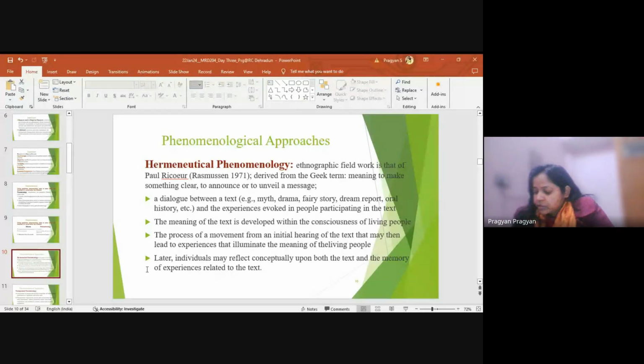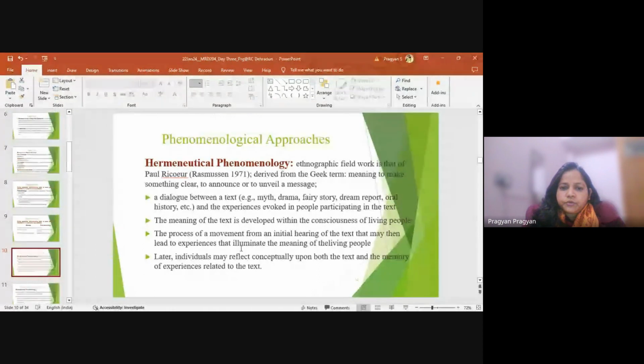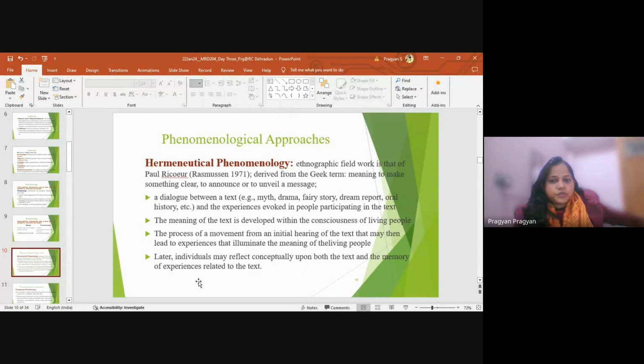So, having spoken about the phenomenological perspective at length, now we are going to the general understanding of those various types of phenomenological perspective, and the first one is hermeneutical phenomenology. Hermeneutical phenomenology is basically a kind of meaning decoding from the text or from a particular narrative. It can be a local history, an oral history, a local myth, or part of that particular indigenous knowledge, and the researcher has to derive the meaning from that particular